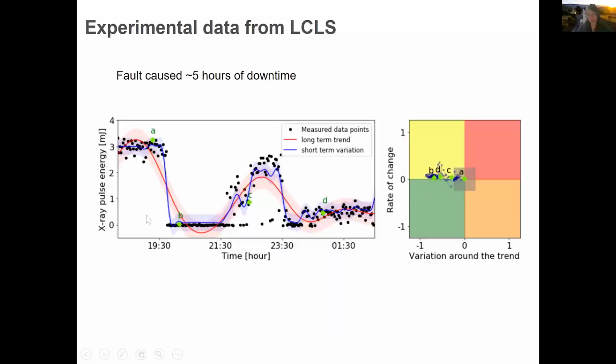So this is on a toy model, and then we applied it to experimental data from LCLS. This is a fault in the X-ray pulse energy that caused 5 hours of downtime. You can see that the X-ray pulse energy dropped to 0 and then went up a little bit and then again to 0. And we can see here those A, B, C, D points mapped into this 2x2 matrix. A is normal, so it's going into the normal box. B, C, and D are here, so they are anomalies. They go outside of the box. So this is